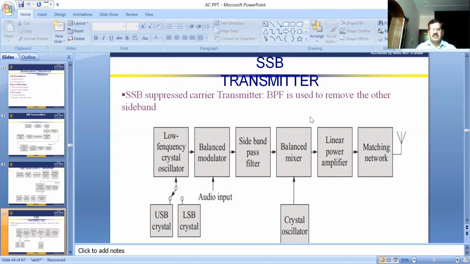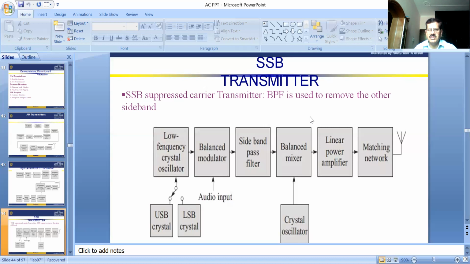What is the function of the sideband pass filter? It removes one side, one side suppressed of the signal. It may be the upper side or maybe the lower side. And this sideband pass filter signal is applied to the next balance mixer, and to the balance mixer we also apply a crystal oscillator signal. The crystal oscillator generates the high frequency signal, and this high frequency signal and the low frequency crystal oscillator signal, both signals are